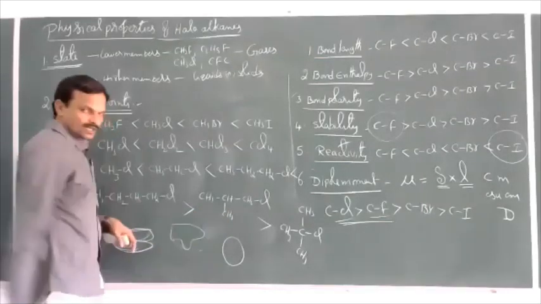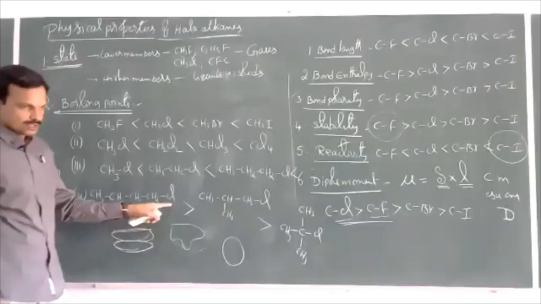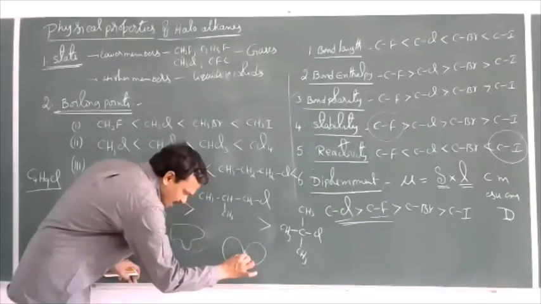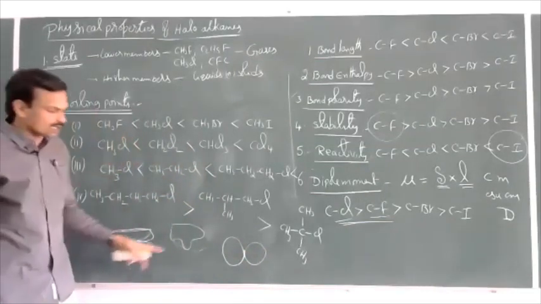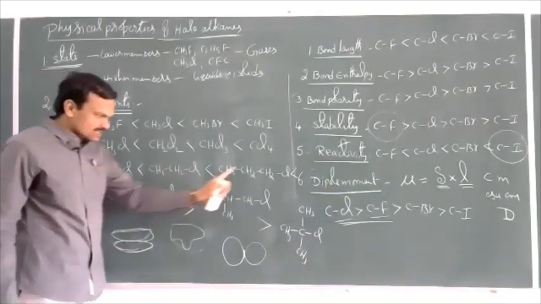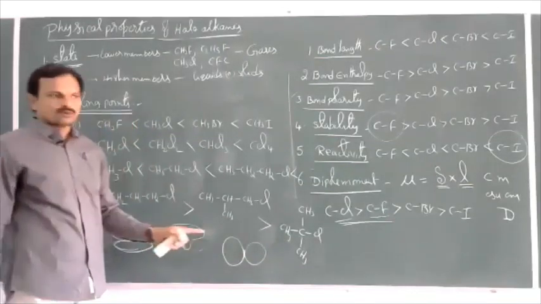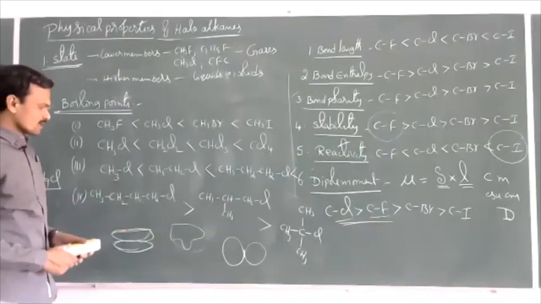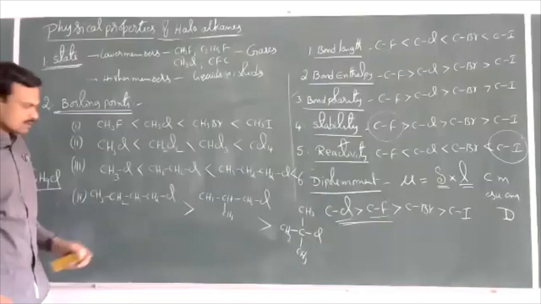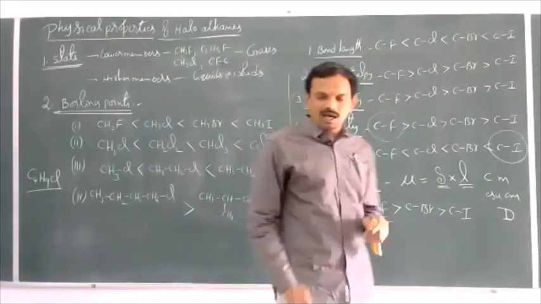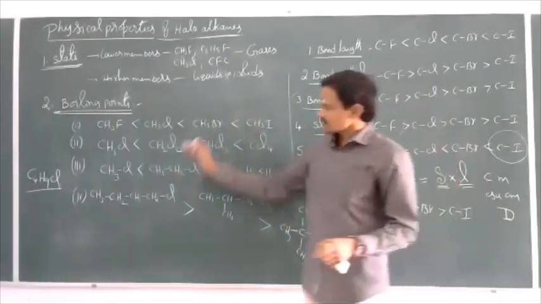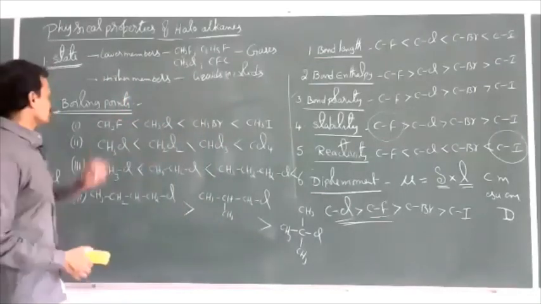As the number of branches increases, the spherical nature of the molecule increases. As the spherical nature of the molecule increases, let us take 2 spheres like this. The contact area, that means the attractive force between 2 spheres, will be less here. Contact area is less. So as the spherical nature increases, that is as the branches increase, the attractive forces between molecules decrease. As the attractive forces between molecules decrease, automatically boiling points also decrease. So for the same haloalkane, as the number of branches increases, boiling points decrease. So these are the different cases for boiling points. See once again.